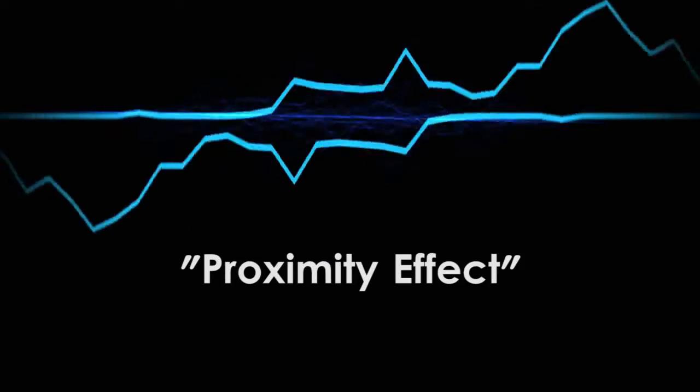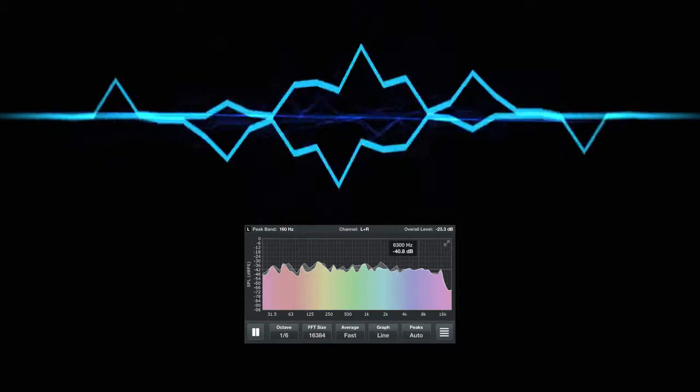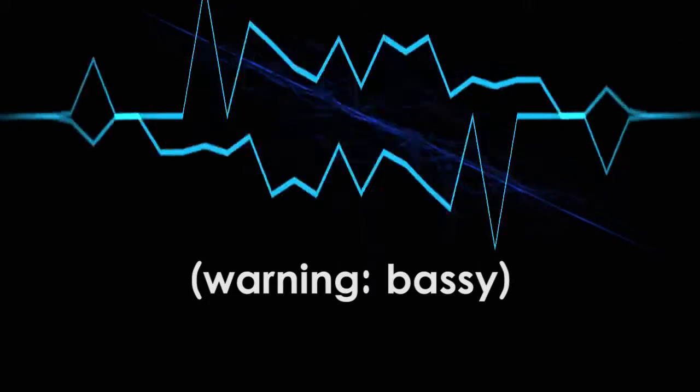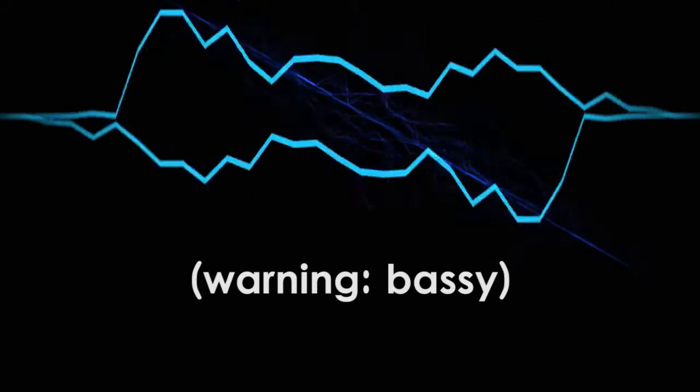However, directional mics are very prone to something called the proximity effect. This is a phenomenon where the lower frequencies of a sound are boosted when the mic is too close. For example, my mic is hyper-cardioid. This is what it sounds like when I'm just a few inches away from the mic. As you can hear, thanks to the proximity effect, the low frequencies in my voice are emphasized, making my voice